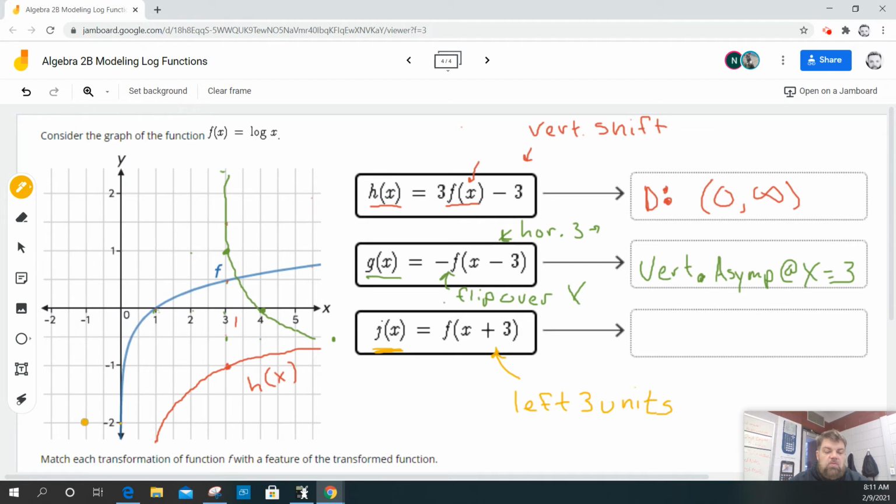So 1, 2, 3, it's going to be like over here somewhere. From each of these points, I'm going to say 1, 2, 3. And so my graph should look